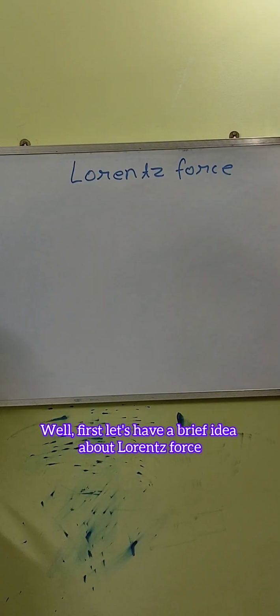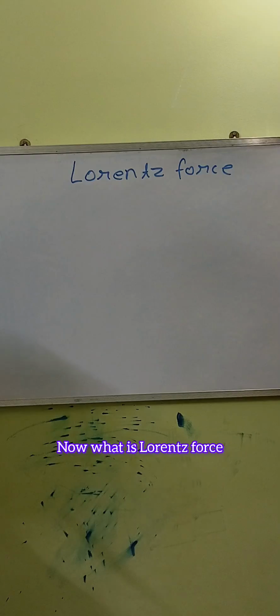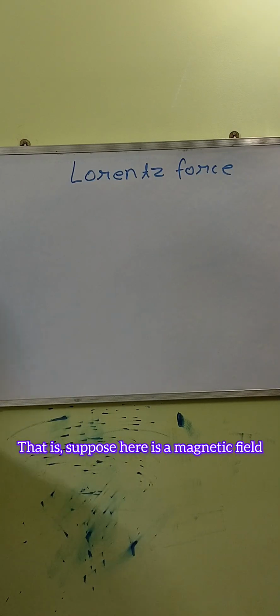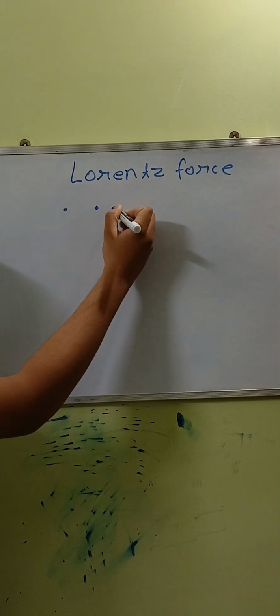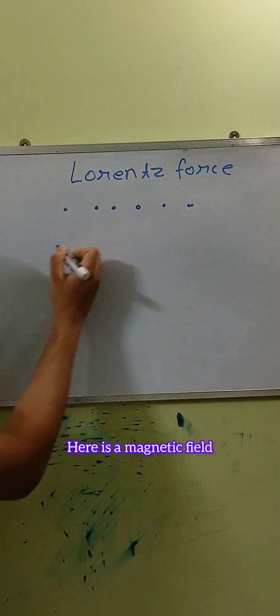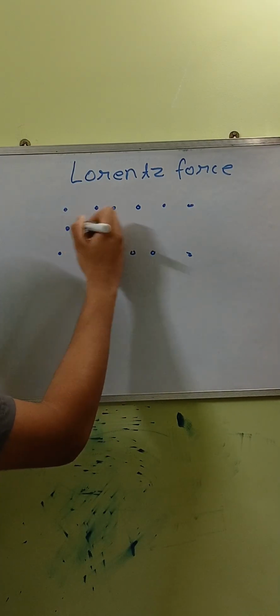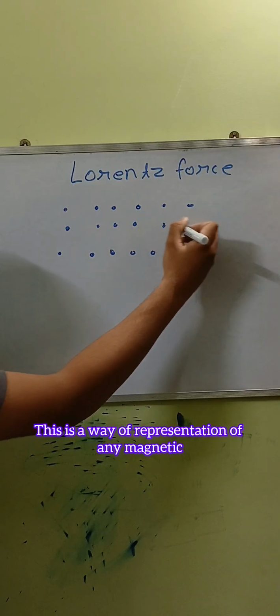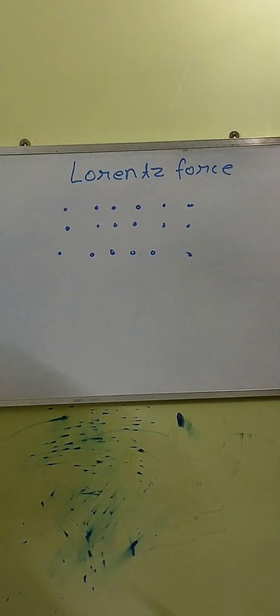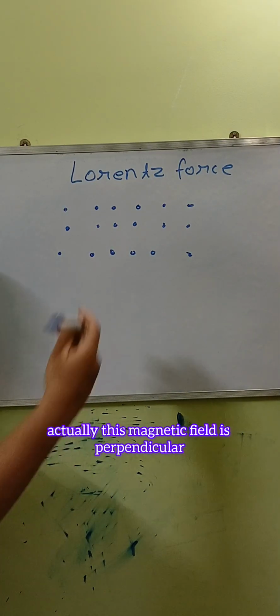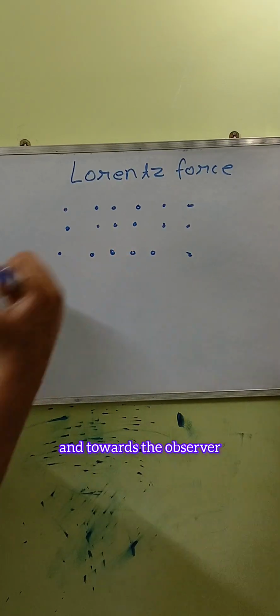Well, first let's have a brief idea about Lorentz force. Now, what is Lorentz force? Suppose here is a magnetic field. Now, why am I representing it with a dot? This is a way of representing any magnetic field. It means the magnetic field is perpendicular to the plane of this board and towards the observer, towards